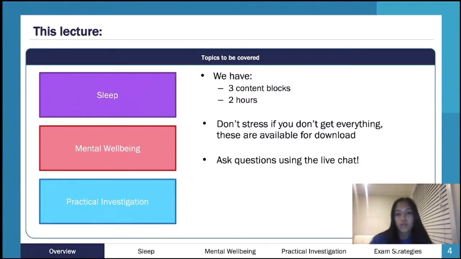Okay, so in terms of what we're going to cover today, as I mentioned, we're going to be going over Unit 4. So we'll do both areas of study. First we'll begin with sleep and then move into area of study 2, which is on mental health, mental well-being, and then finally looking at area of study 3, which goes across the whole year, so you might be familiar with it already, but all the practical investigation, research method stuff. So that's essentially what we'll be covering. We've got 2 hours. We'll cover that in that time with questions.